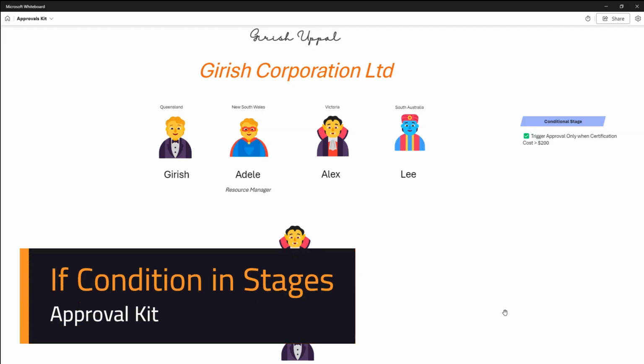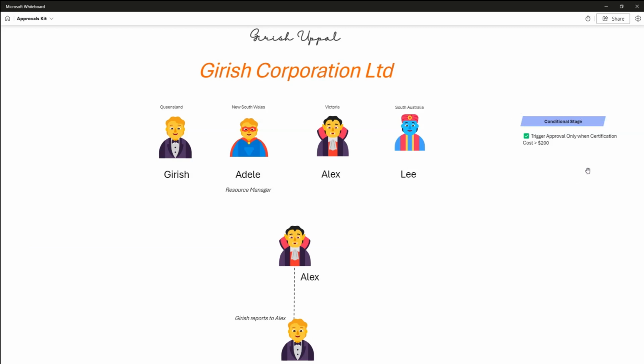In this video, I'm going to show you how to use if condition within approvals kit. So this will be a simple application, simple workflow process. Now the workflow process over here is there's a conditional stage. So in a stage, we are going to use condition, and the trigger condition is basically, so take for example,